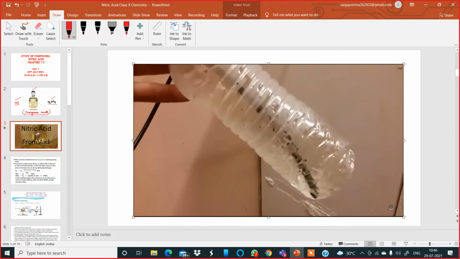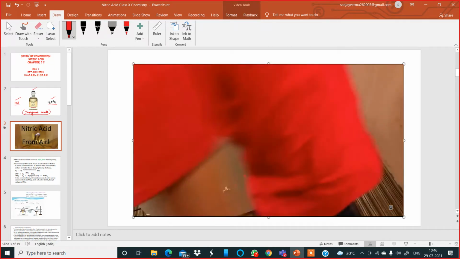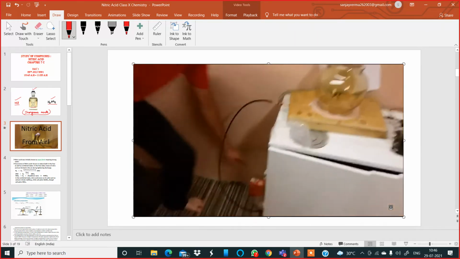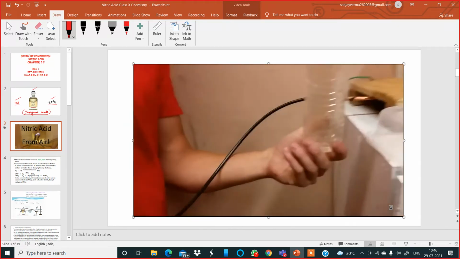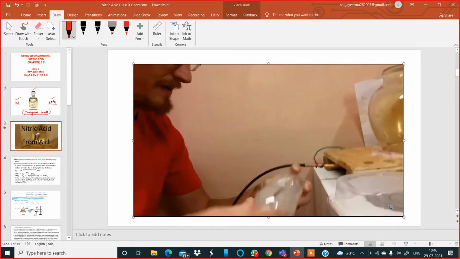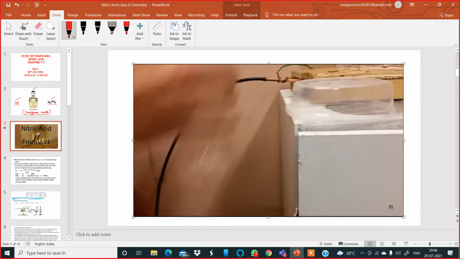Okay, after some time, this liquid, which was water in the beginning, is no more water. It has become nitric acid. Now, how to test whether it is nitric acid or not? What we do is take a watch glass and pour this liquid, which is supposed to be nitric acid,